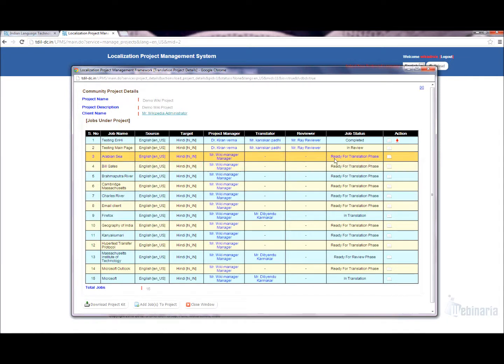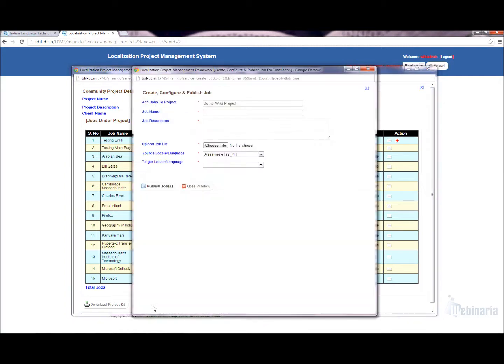To add a job to your project, you can use the Add Jobs to Project button where you need to specify the job details required for that. For this I will take a sample job description. You need to upload a file in the portal to continue the localization.